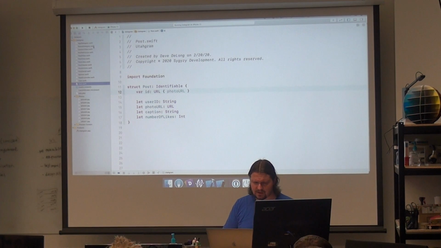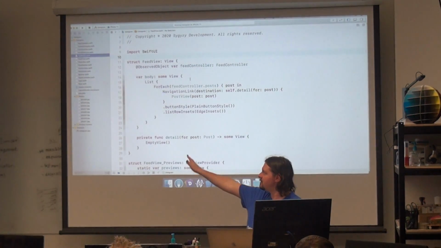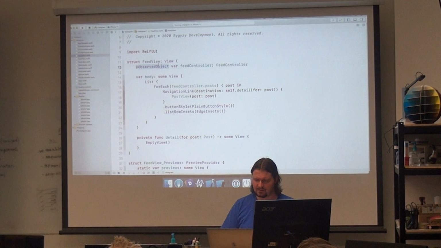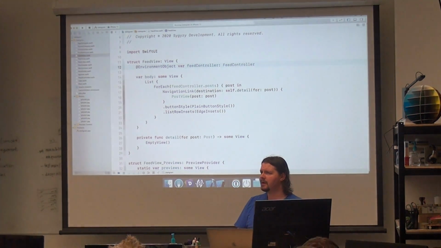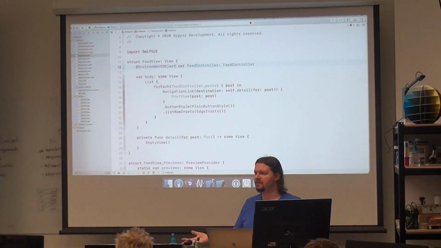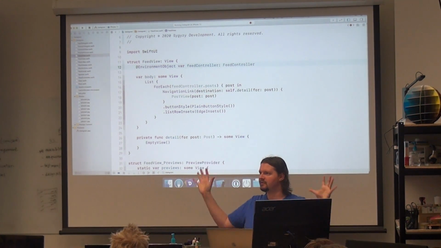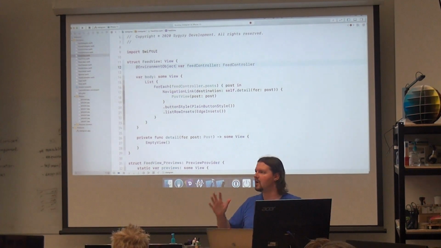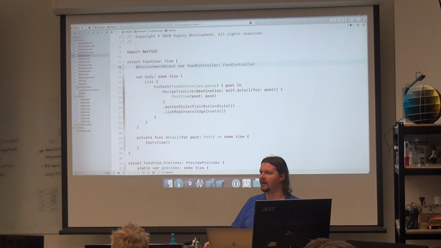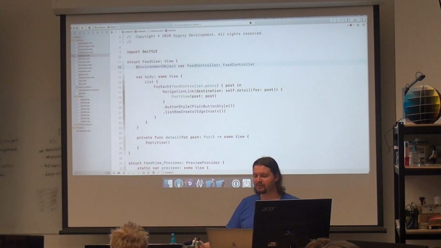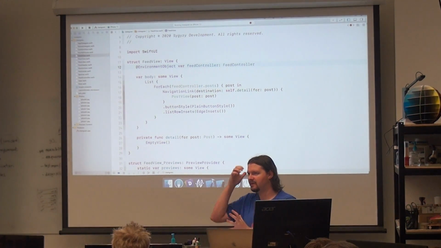I'm going to go back here to my feed view, and I'm going to change this from observed object to environment object. Okay? Now, there is this thing called the environment in SwiftUI. The environment is just kind of like a snapshot of the greater state surrounding the view. So if you want to know whether you're in light or dark mode, that's in the environment. You want to know what your accessibility size is, that's in the environment. Your horizontal and vertical size classes, these are also in the environment. But there are ways that you can put your own stuff in the environment, and one of them is with